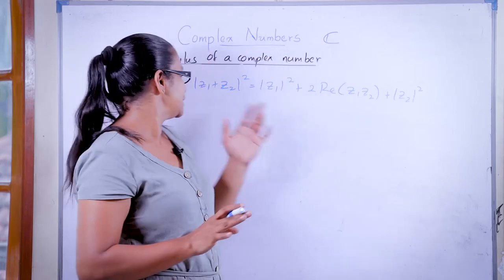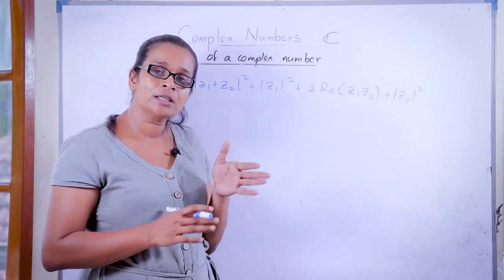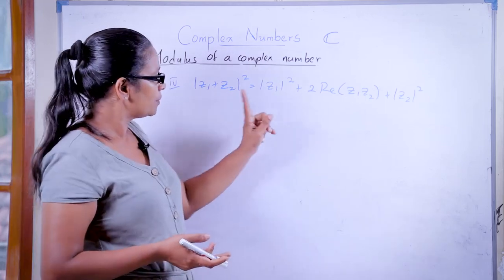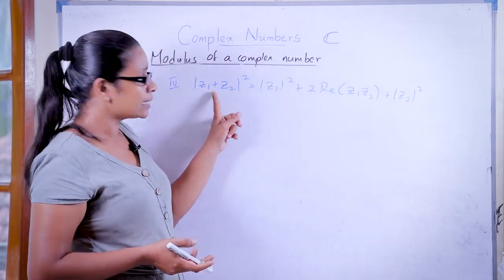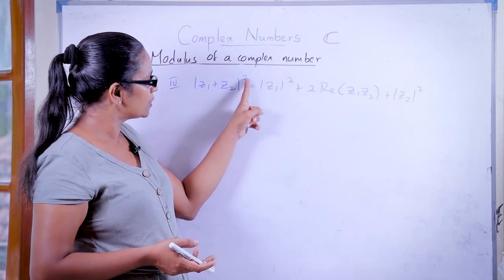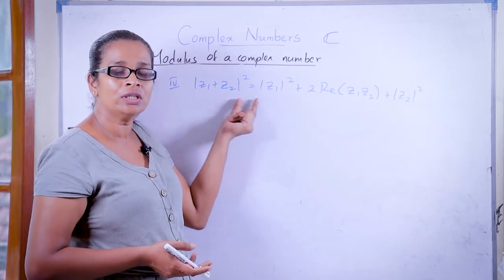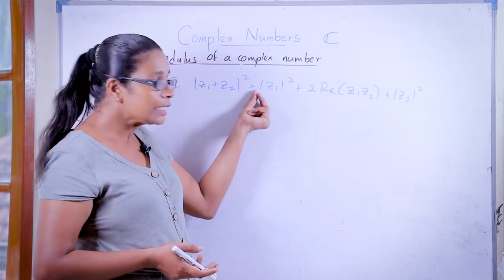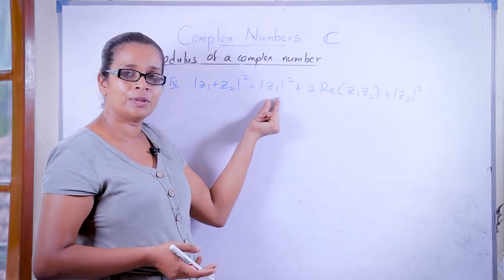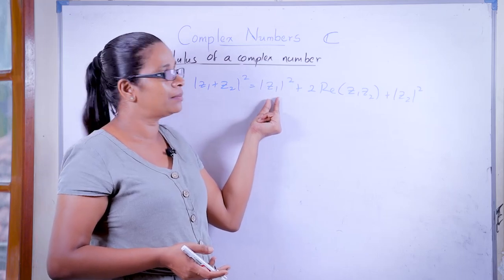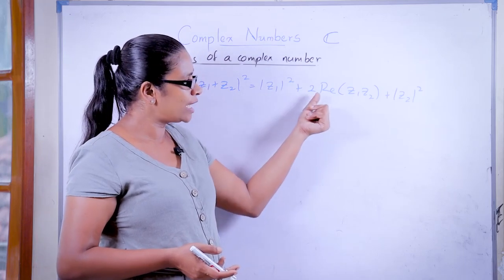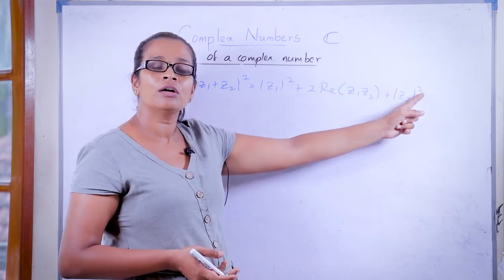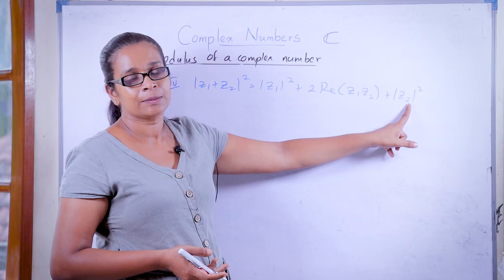Okay, now this is the fourth theory I need to explain about the absolute value of the complex number. Look at this one. What I have written here is an addition. I'm going to write the square of the modulus of the addition of two complex numbers this way. It is equal to the square of the modulus of the first complex number plus 2 times the real value of Z1 Z2 bar plus the square of the modulus of the second complex number.